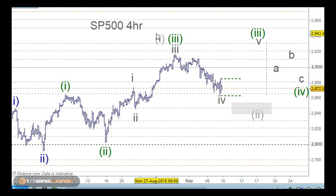Now, I've got this as wave 1 blanked out here, which means it's alternative, and wave 2 here. So that would be taking all of this from this low here. This is a bit of a weird count, but wave 1 here, wave 2 here, then 1 and 2 in here, and then wave 1 and 2, 3 and 4 here, and up for 5 here. So looking at all of this as wave 1 here, coming back to wave 2 here. It's a long shot, but this is what the video is for, to explore